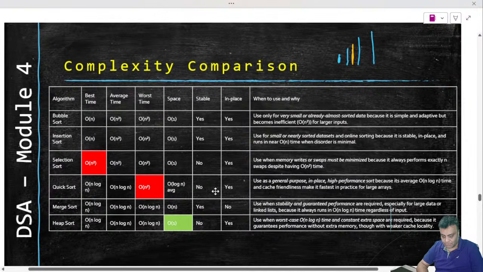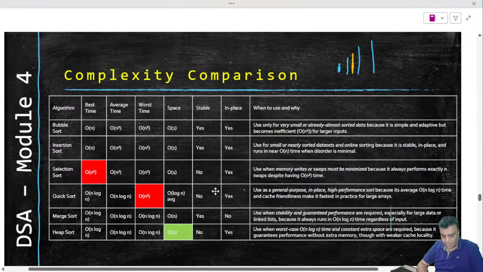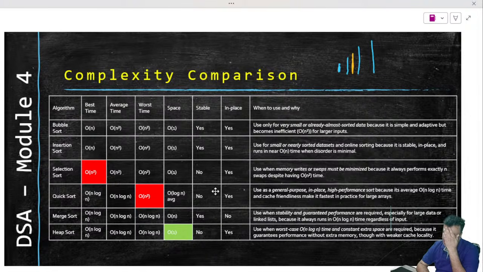Okay, I was getting confused myself. Yes. So stability. In fact, I mentioned this in the beginning part of the discussion that what you learnt in the last semester, one of them is not stable, which is selection. What you learnt in the current semester, two of them are not stable, which is quick sort and heap sort. So my bad. The people who have answered heap sort is stable, no, that is correct. 14 of you have answered correct, but the 13 of you, please correct your understanding. Heap sort and quick sort are not stable, right?